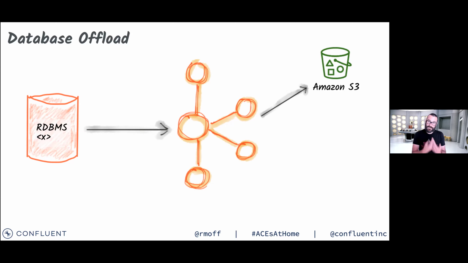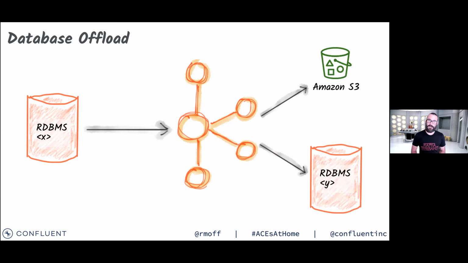So instead we say, well, the database is our original source of data. It pushes the data into Kafka. Once the data's in Kafka, we can push it to S3. We can also push it down to a different database, or use it to drive an application that wants to subscribe to that information. But we have this more loosely coupled approach, which is much more scalable. It's much easier to evolve as you go through.